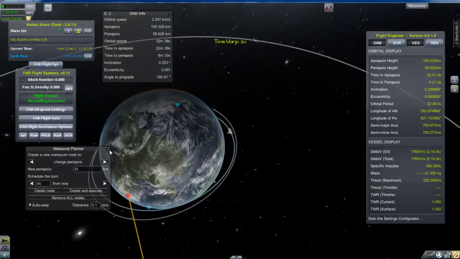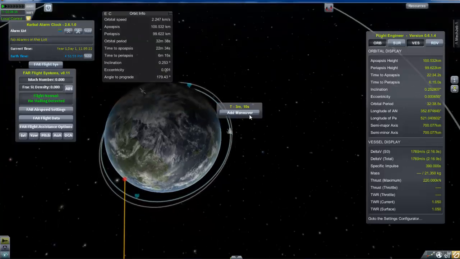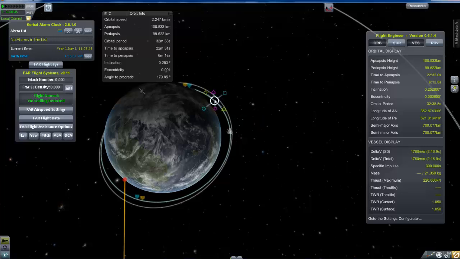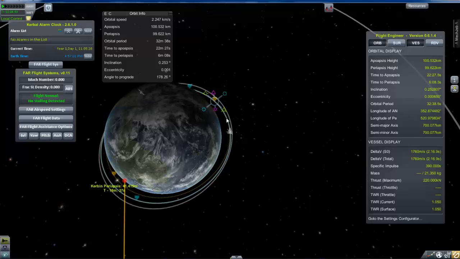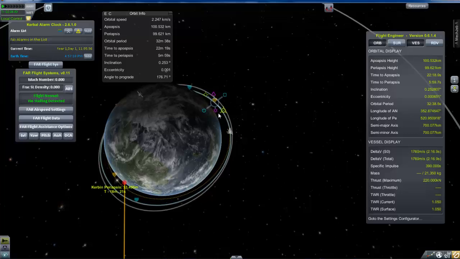So I'm going to go ahead and make the node here, because we can go ahead and make that burn. I'm going to go ahead and just do that here real quick. You can see I'm trying to get my periapsis down to about 35. Why 35? Well, I'm